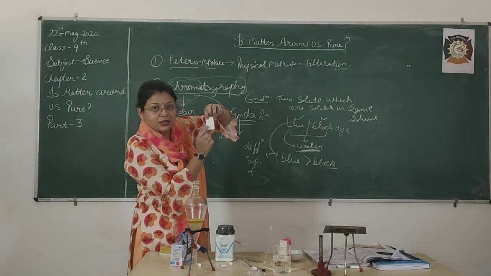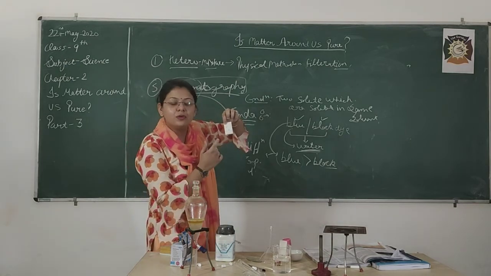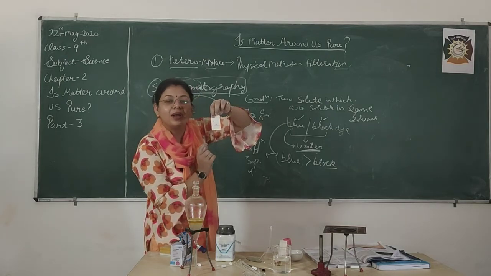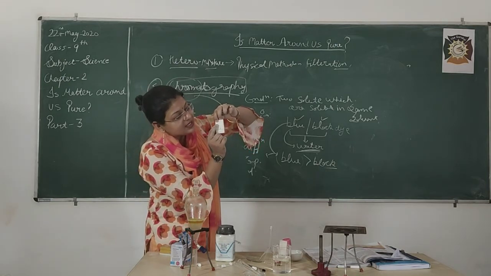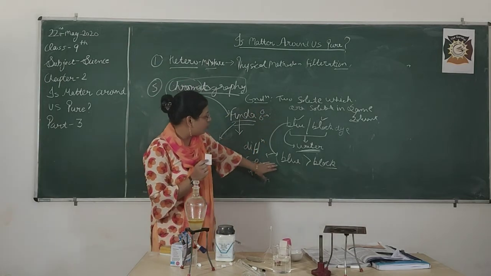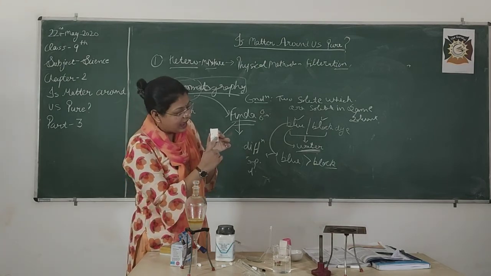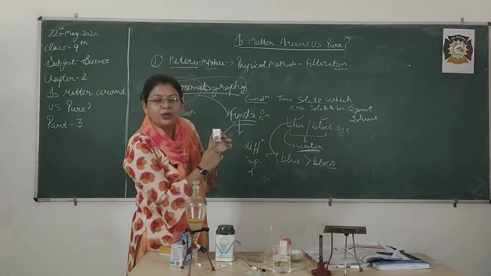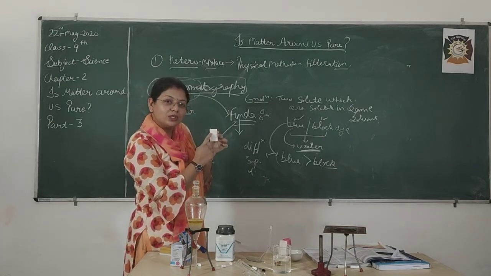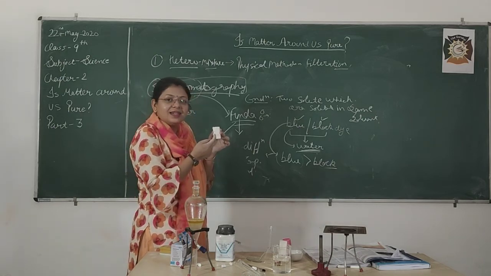The dot which is raised higher moves faster, because the time period is the same. For 1 minute I place the filter paper, the time period for both is the same, but the distance covered from this line by both components is different. The more the distance covered, the more is the attraction with the solvent. That is the blue one. So this dot represents the blue dye and the lower one represents the black dye. The more the solute is attracted towards the solvent, the more is the speed of moving and the larger is the distance covered.